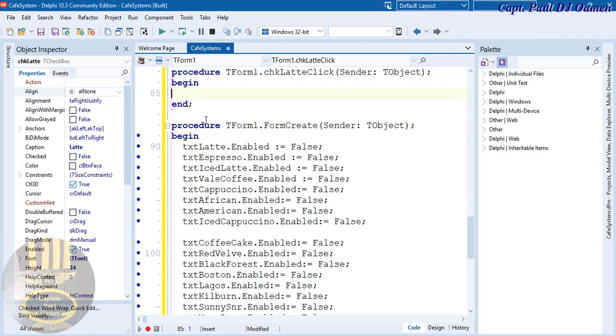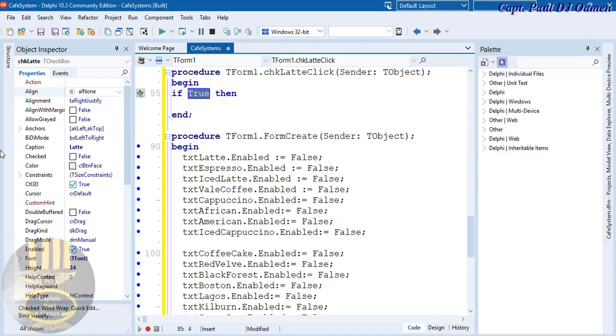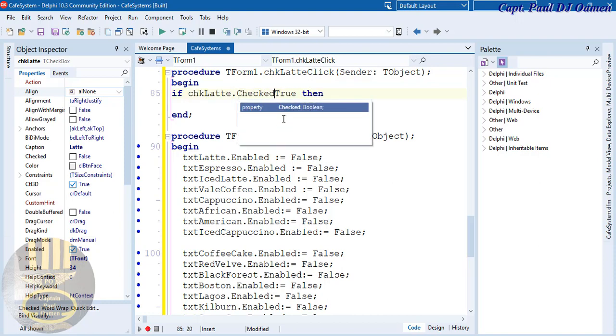We're going to use an if statement to determine what we want to do. I'm going to say if chkLatte, this very one, if it's checked, I'm going to copy that, paste that here, dot Checked. If that is true,